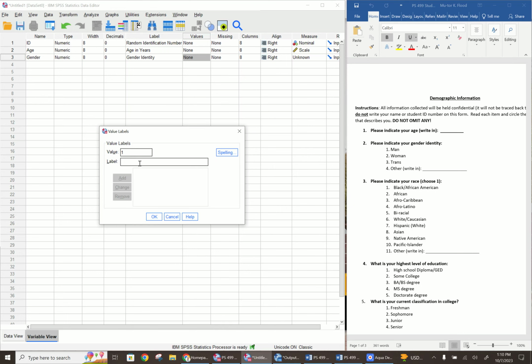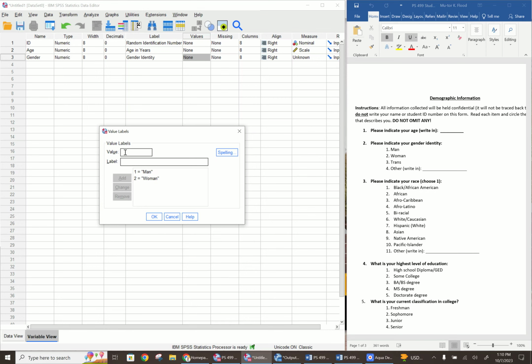And the label for the value 1 is going to be man. And then we're going to press add to add it in. And then we're going to repeat that process for the other values for gender identity. So a value of 2 represents woman. Press add,